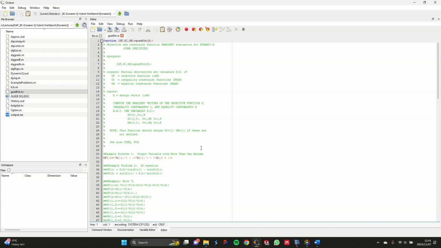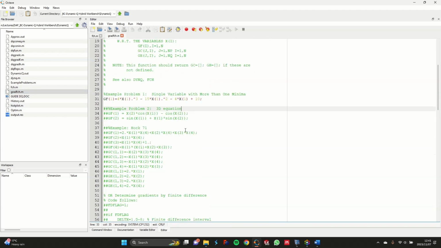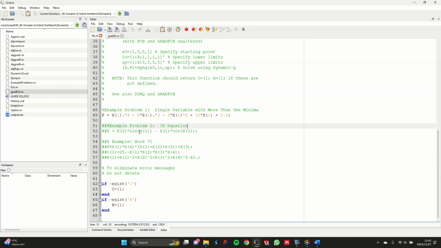Right, so then moving over to grad FCH, we only have to find the gradient vector based on the objective function since we don't have any inequality or equality constraints. Right, so this is basically what we did over here. So if we go back to FCH,